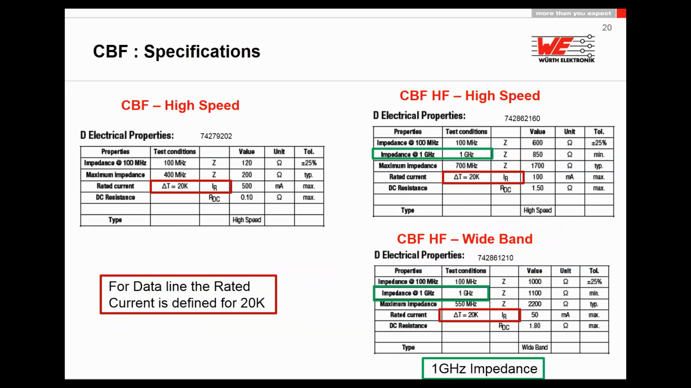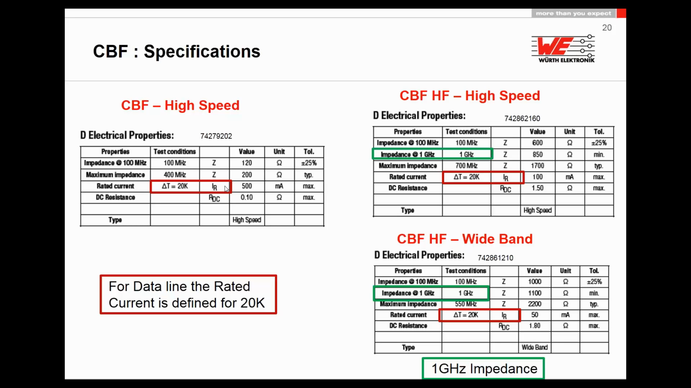You have to pay attention especially to the ferrite beads below 1 amp current rating: the rated current of these ferrite beads is defined at a delta T of 20 Kelvin. It means the ferrite will self-heat 20 degrees above the ambient temperature if you apply this current. Like you see here, 500 milliampere on the first option, and you will have a delta T of 20 Kelvin